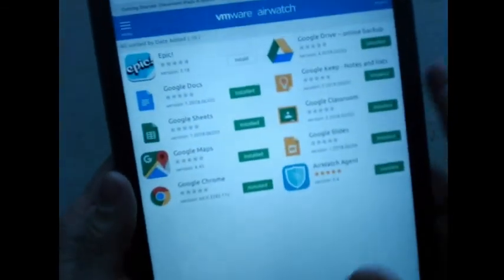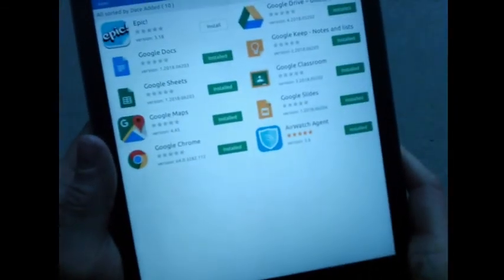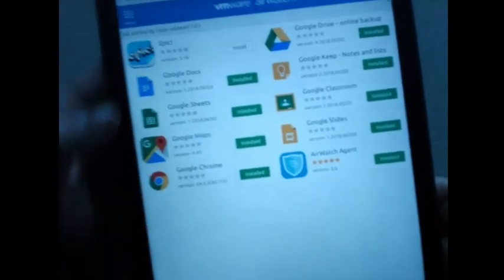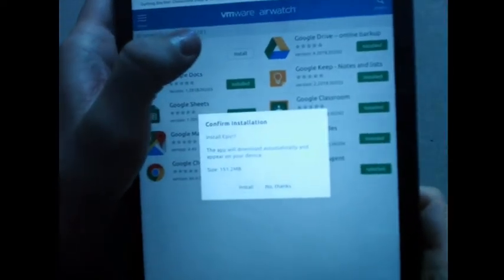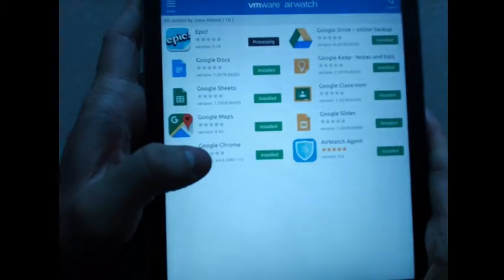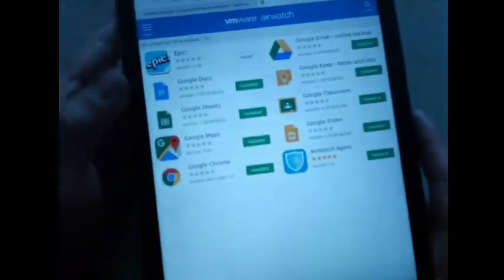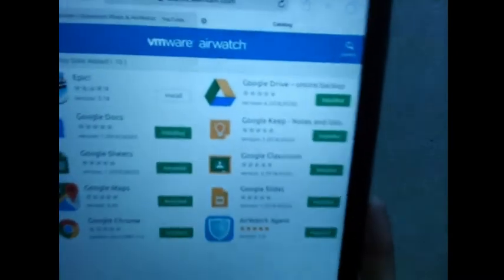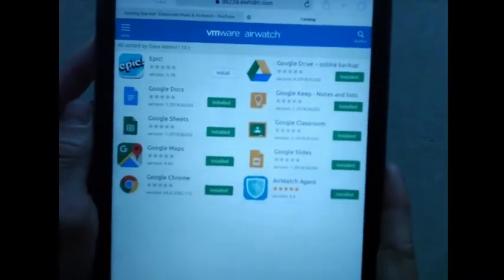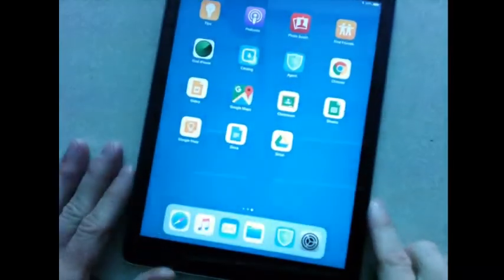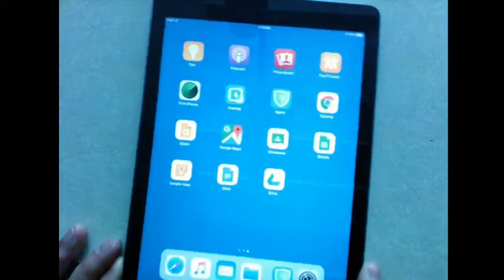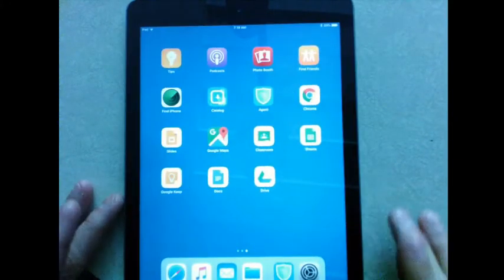But the idea is pretty simple. If you had another app in here like Epic and I hit the install button and install, it would actually install it on the iPad. It's not going to do it with this one because I have it intentionally not to do it for the sole purpose of demonstrating on the webinars. But that is something that you could do, is have the optional apps, so you kind of give them a catalog of different apps that they can use.